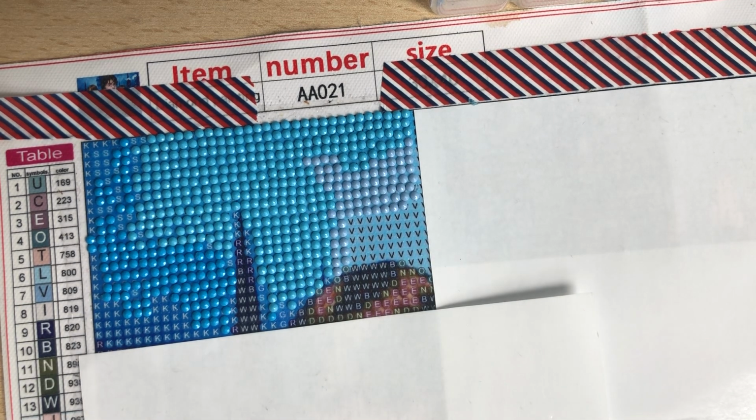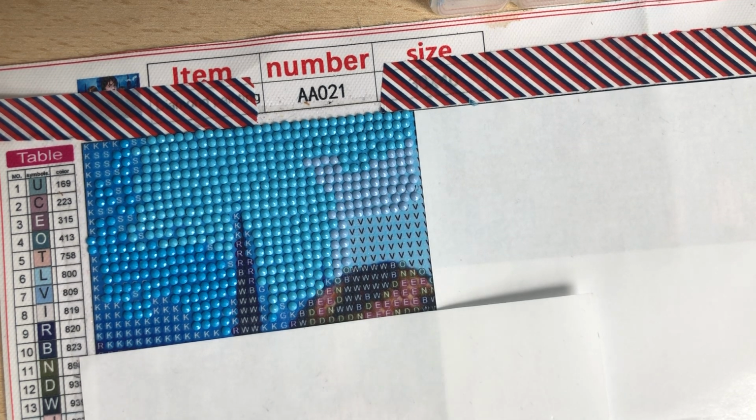Just going to take that excess wax out. Get another bit of wax. You can never get enough wax. They're always coming up in kits, so it's quite good really, because you don't have to buy more wax. So yeah,